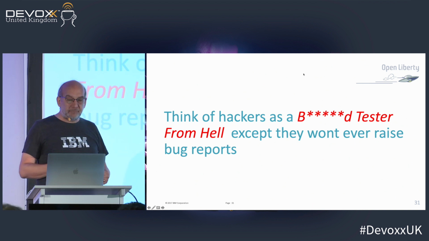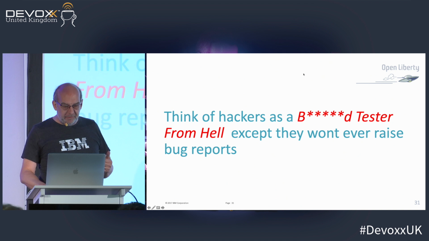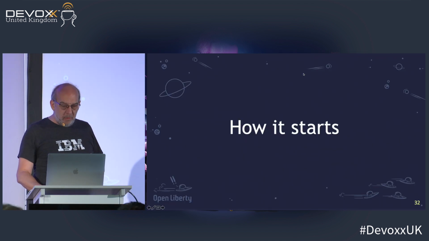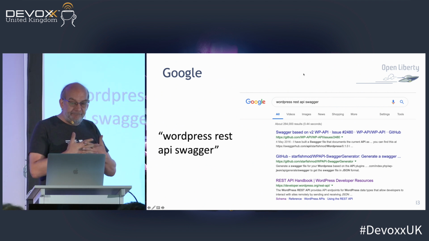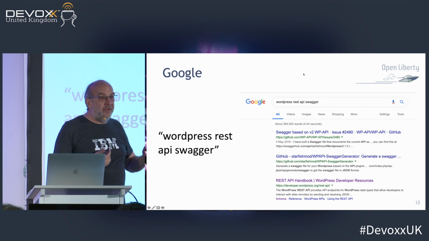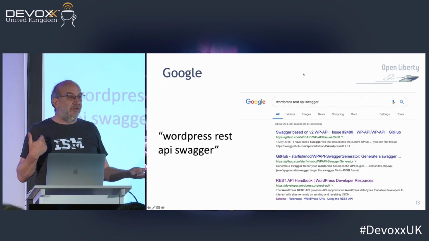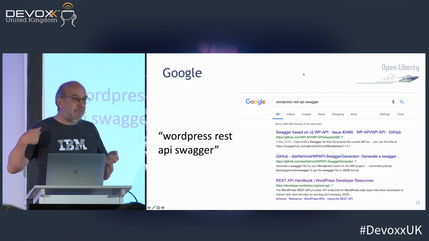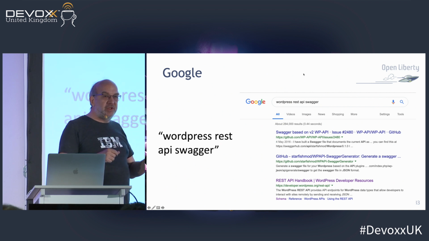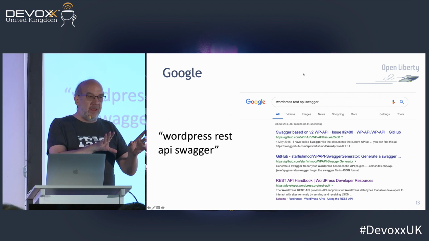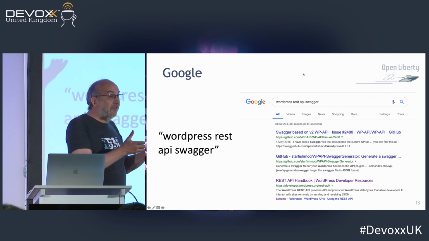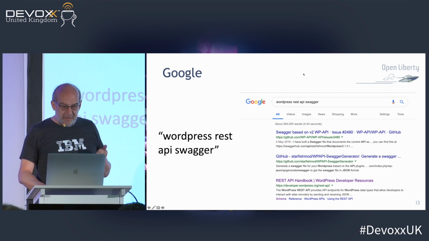So how do they get started, right? I said they go looking for you. Well, they use Google. They just put words in Google and they find things. So WordPress, that's got an API. In fact, WordPress actually publishes a particular file on your web server in a certain place that tells you what the API is. It's standard. Great, thanks very much.